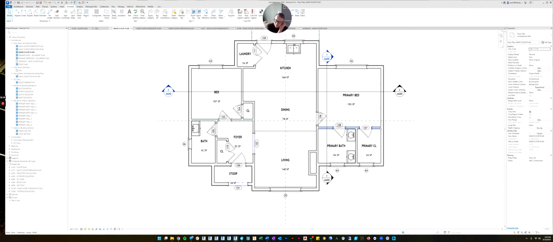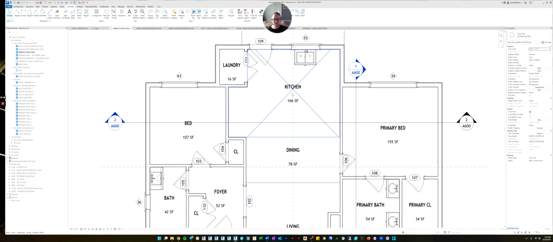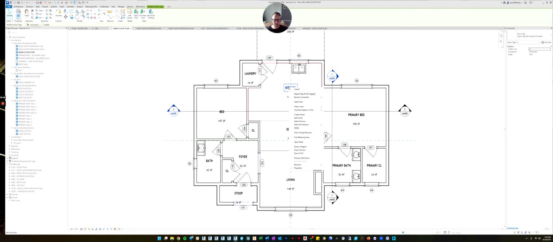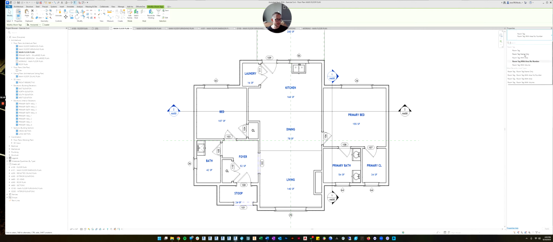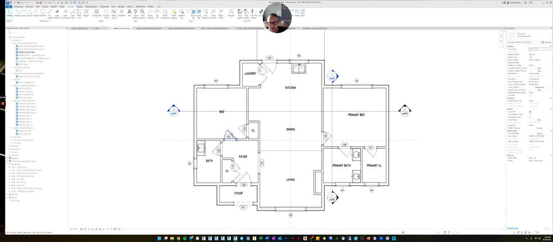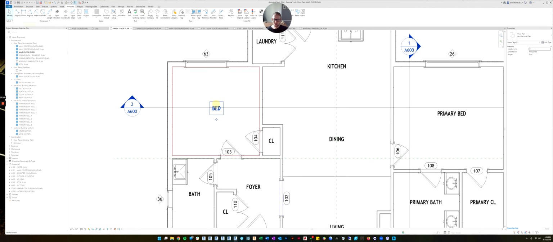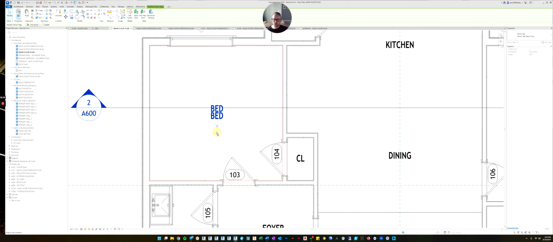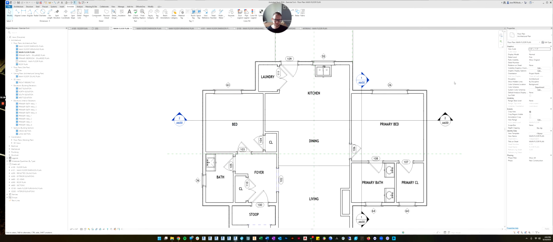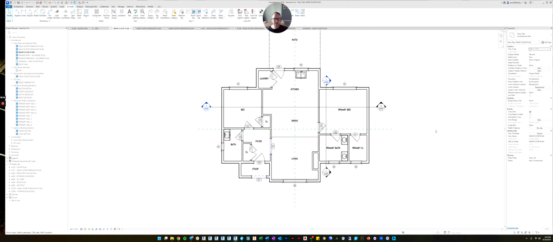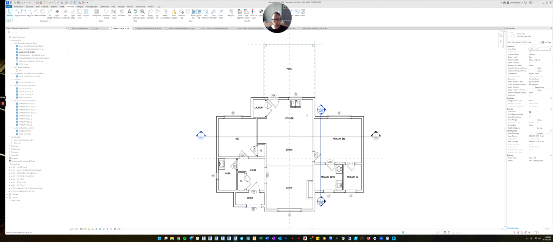And in fact, I don't love the way there's a gap between the area and the name. So let's select all of them and let's change them all to name only. There, now it's nice and clean. The other thing that's bothering me is you can see this tag is being hit by this line. So let's just move the tag out of the way. There, now everything looks nice and clean and it's kind of relaxing to look at compared to how busy it was before.